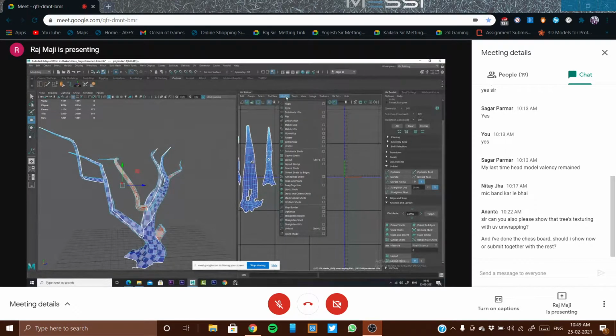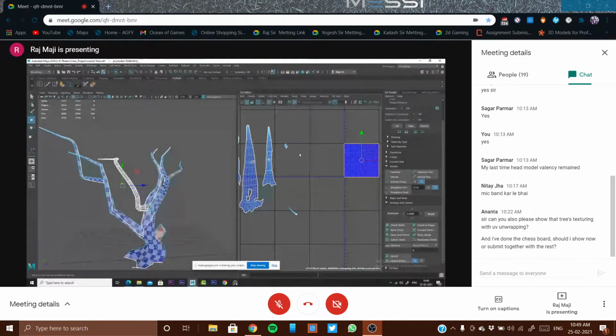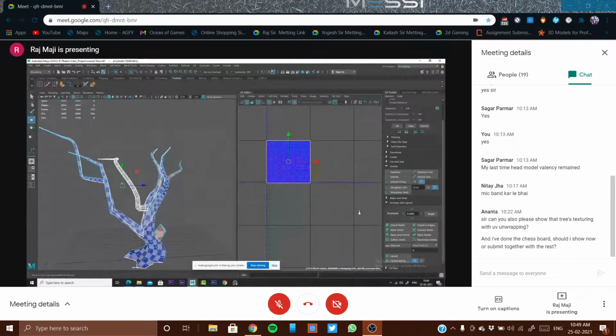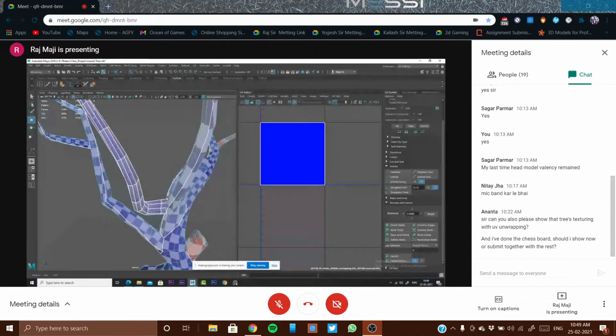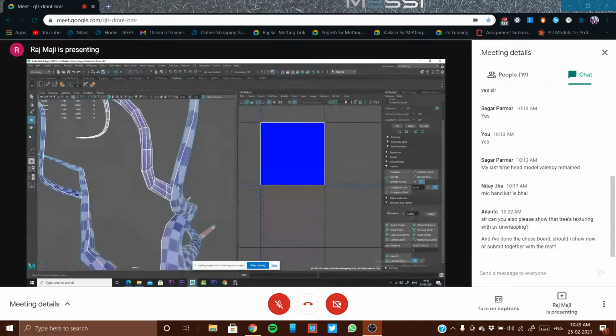It should be over here. Unitize. Just clicking on unitize, and all the faces are separate. After this, we need to create a seam.